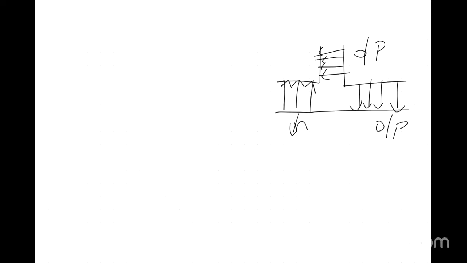Port 1 is input. If 1 is input, what about 2 and 3? 2 and 3 both are output in this way of representation. Output port. This one is out. This one is out. Even these are out. This is input and output and output. This is called one type. Another type,